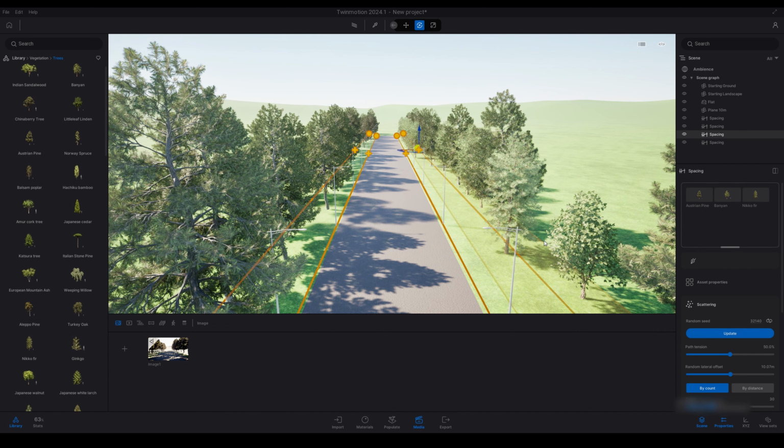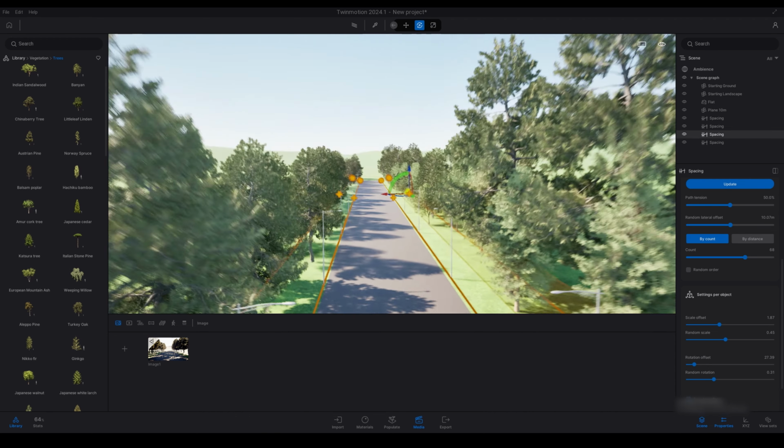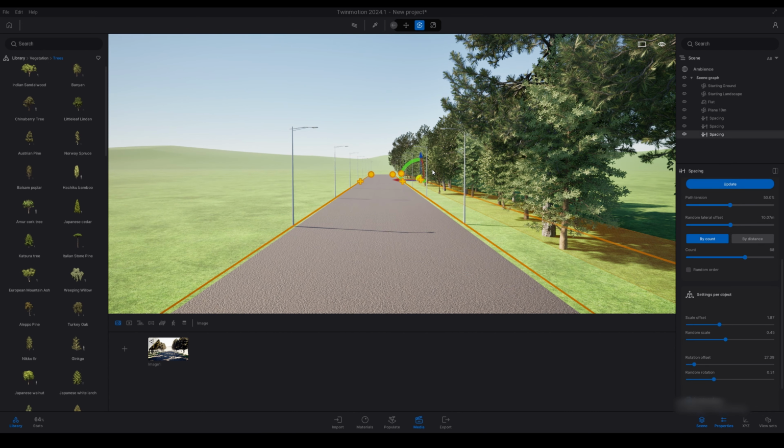which is pretty cool. You can add anything to that line, so bushes, trees, grass, flowers, Megascan assets, you name it. So we're just going ahead and going through the settings, just playing around with the settings to get something that we like. Increase the height and scale of those trees, or reduce it. You can do whatever you like, really.